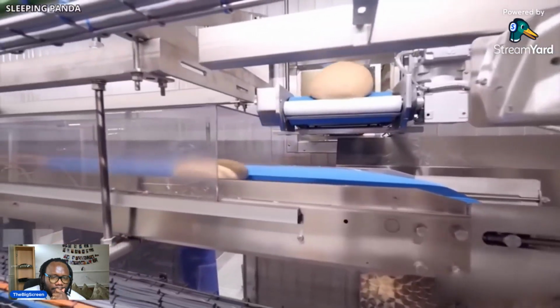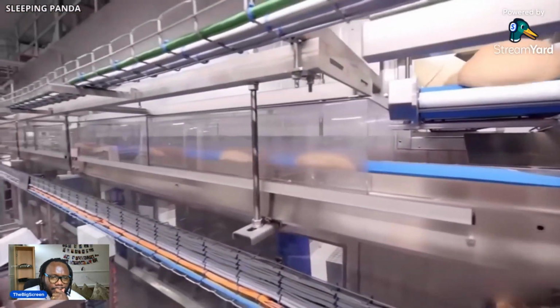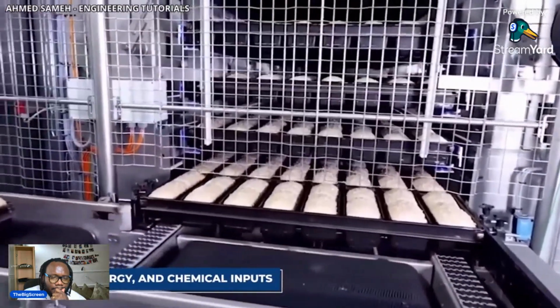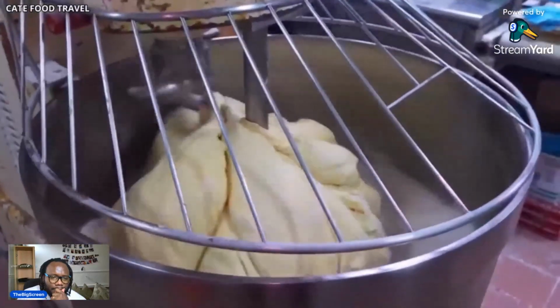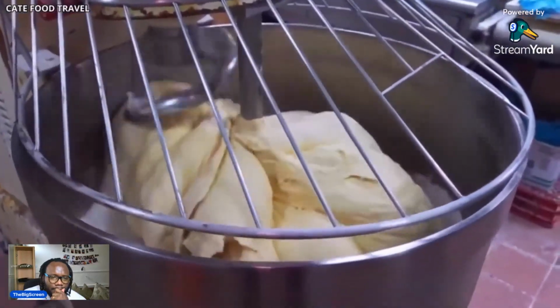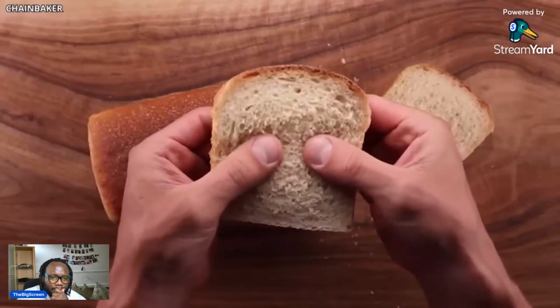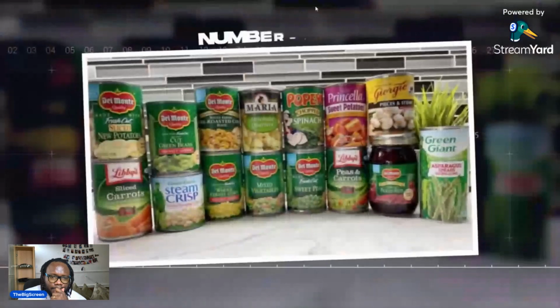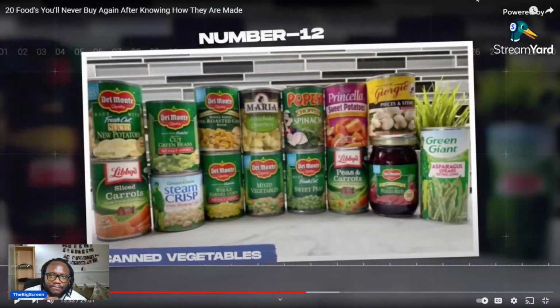Environmentally, the production of commercial white bread can be resource-intensive, requiring large amounts of water, energy, and chemical inputs, such as pesticides and fertilizers, to grow and process the wheat. By choosing whole grain bread or other alternatives made from unrefined grains, consumers can opt for a more nutritious and environmentally friendly option. Number 12, before we go there, let's read a bit about